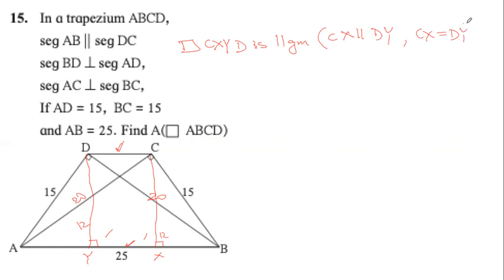So from the construction and from the results 3 and 4, we know that one pair of opposite sides of this quadrilateral are both parallel and equal to each other. This is a test for the parallelogram, which we studied in class 9, the fourth test. And because this is a parallelogram, we can say CD equals XY. Opposite sides of parallelogram are congruent. This is our result number 5.